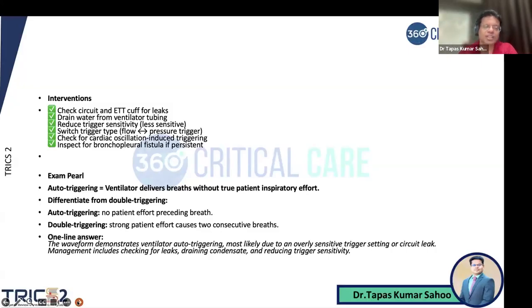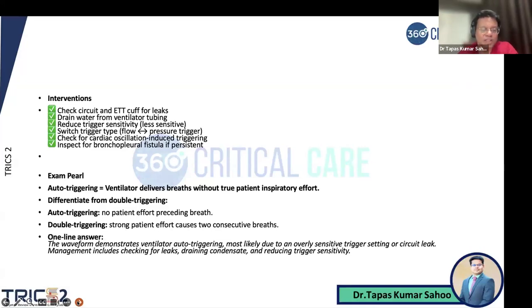Now pressure, change to flow, check for cardiac oscillation induced triggering and inspect if your patient is having some bronchopleural fistula. Now in the examination, auto triggering means the ventilator delivers breaths without true patient inspiratory effort. But there would be a differentiating point with double triggering. The examiner may ask you how you are going to differentiate from the double